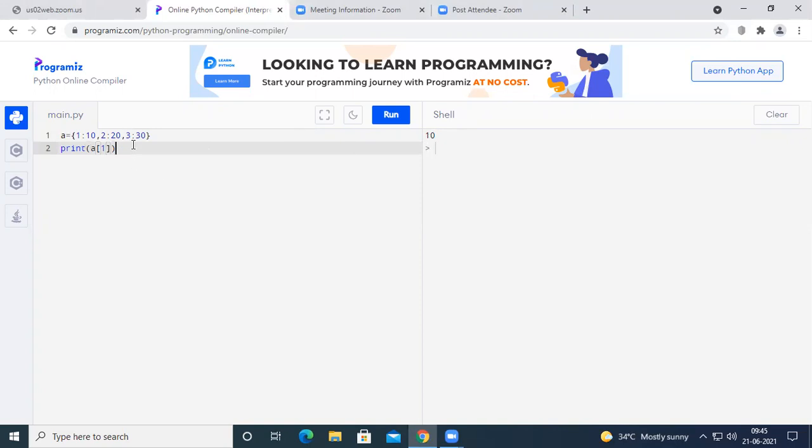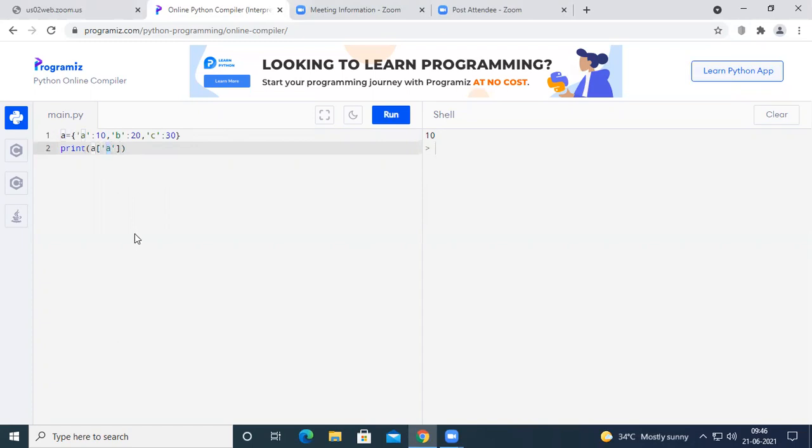Similar to this, we can have anything as a key. For example, instead of 2, I'm going to take a, b, c, because a, b, c are characters or strings. We can define strings or characters in Python using single, double, or triple quotes. If you declare it like this and print the entire thing, or print the value at index number a, you are going to get the same output.